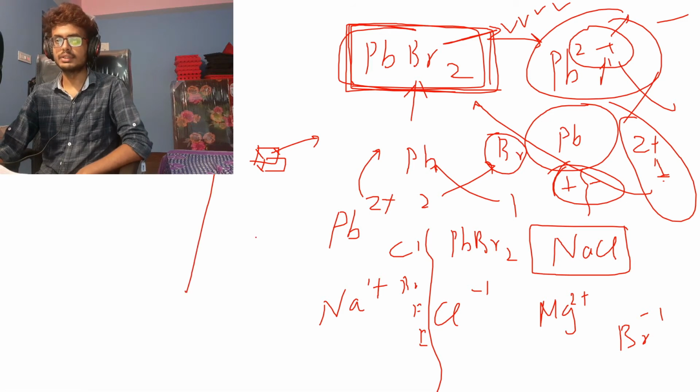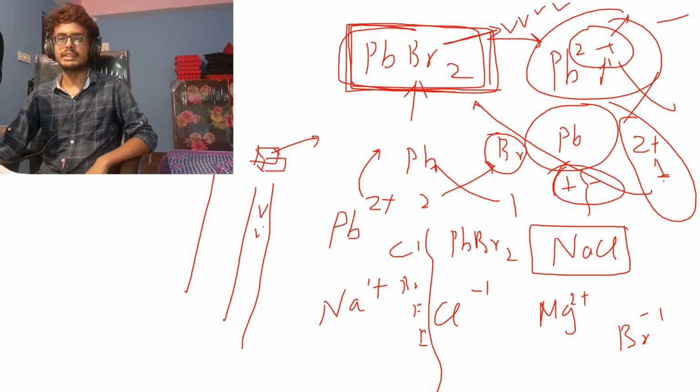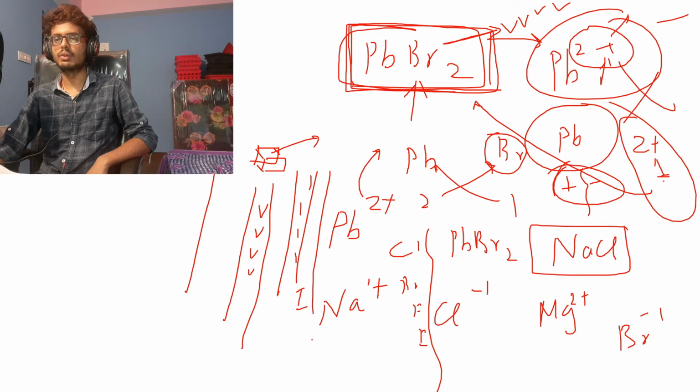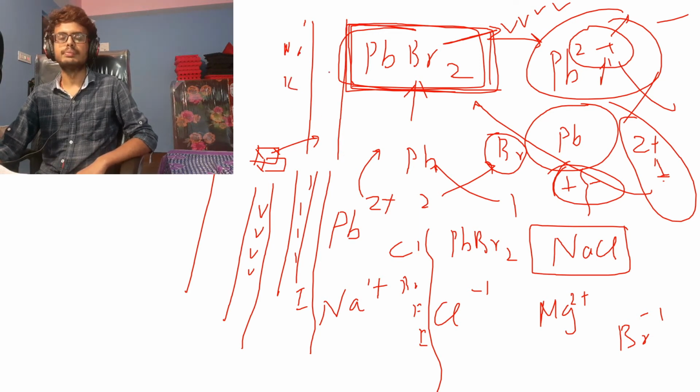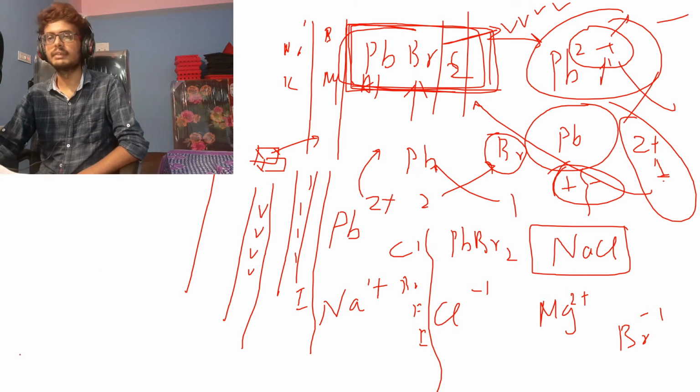The same group means everything that is vertical like this. So in an entire group the valency will remain the same. If I have a group of halogens, then everyone will have a valency of 1. Fluorine, chlorine, iodine, whatever is below, all will have a valency of 1. The metals in the first group all have valency 1, like sodium, potassium. The metals in the second group all have valency 2, like magnesium. In the third group all have 3, aluminium. In the fourth group all have 4, carbon. In the fifth group all have 3. Now it will start decreasing. You have to remember this, it is very important and very basic.